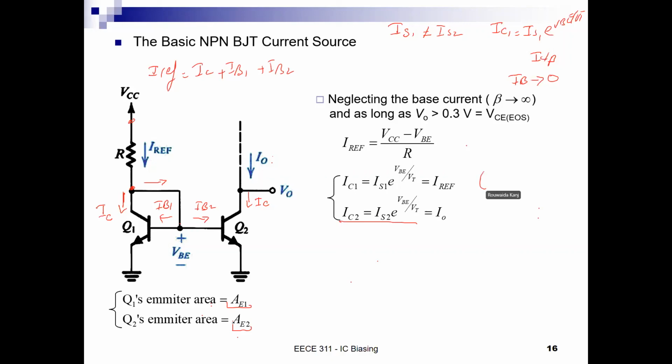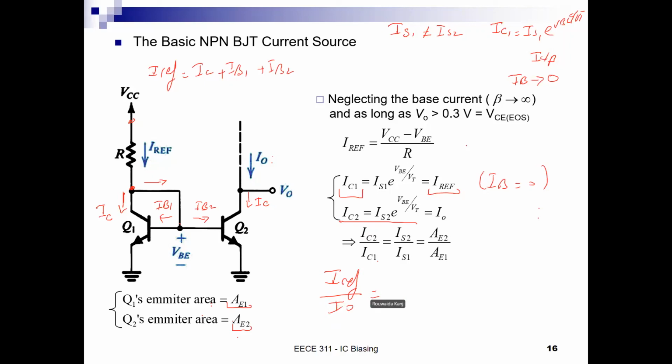Because IB equals 0, okay, IC1 is equal to IREF in this case, and therefore the ratio of IREF over IO, pardon me, let us write it in the proper order. Okay, so the ratio of IO over